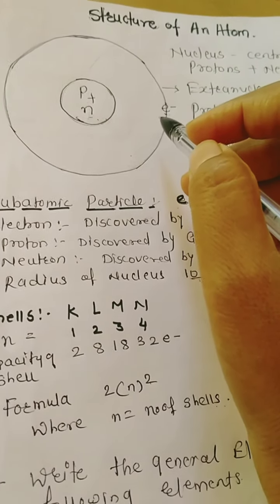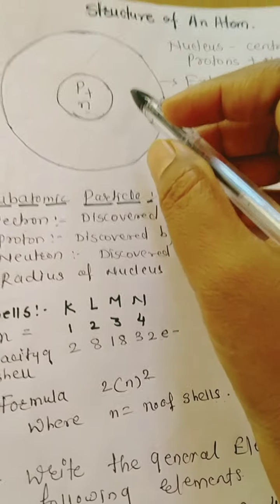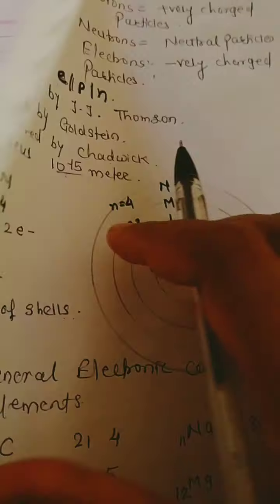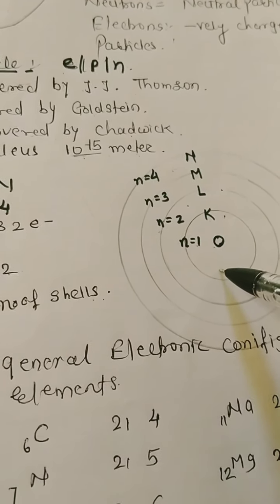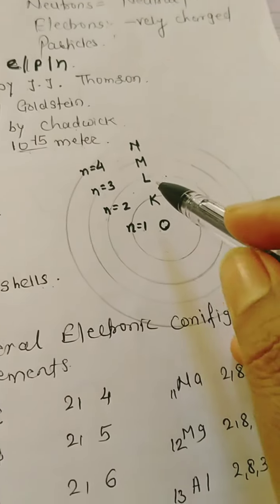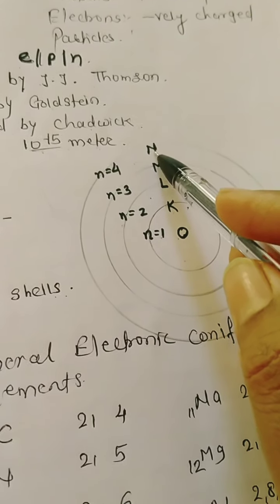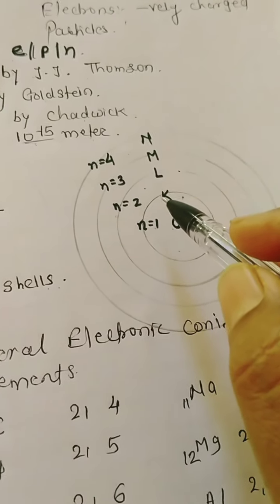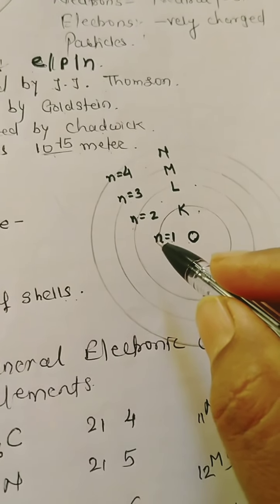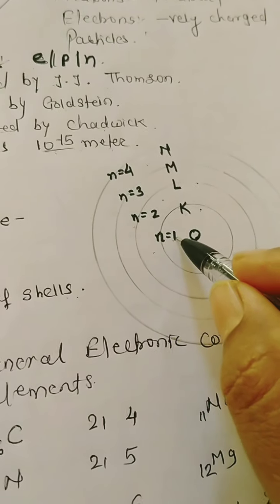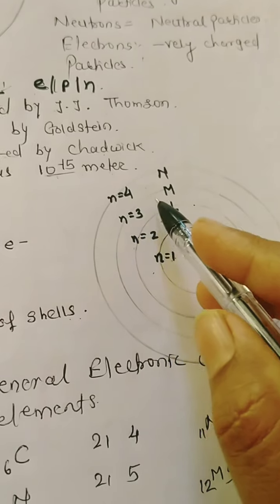Okay, let us see where the electrons are present. Students, we must know that electrons are present around the nucleus in particular shells. एक shell के अंदर electrons होते हैं. Those shells are called stationary orbits, and the stationary orbits are represented by K, L, M and N. Stationary orbit को हम represent करते हैं K, L, M, N, and the shell number is represented as n equal to 1, n equal to 2, n equal to 3 and n equal to 4.